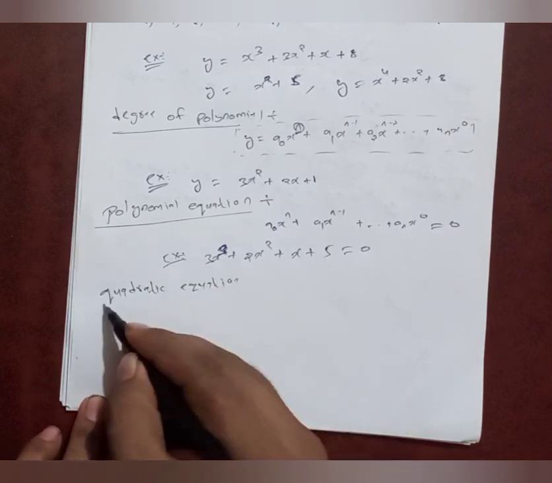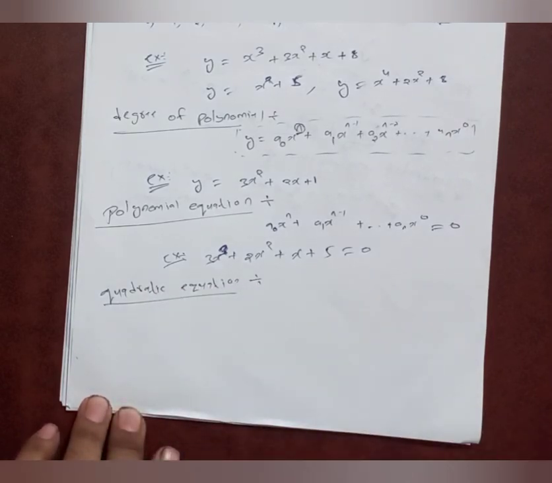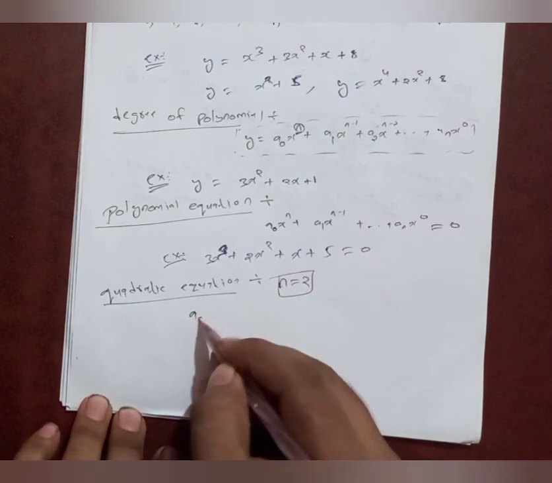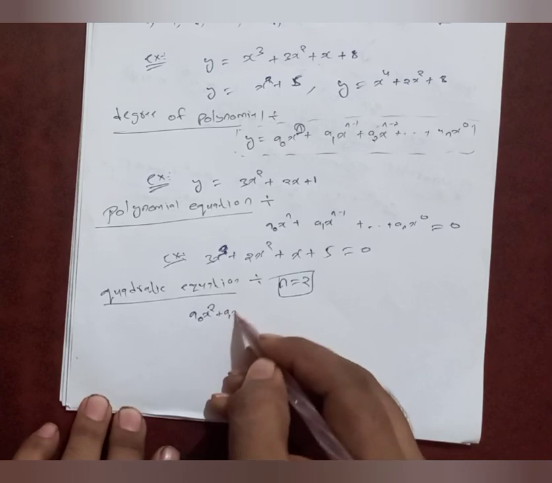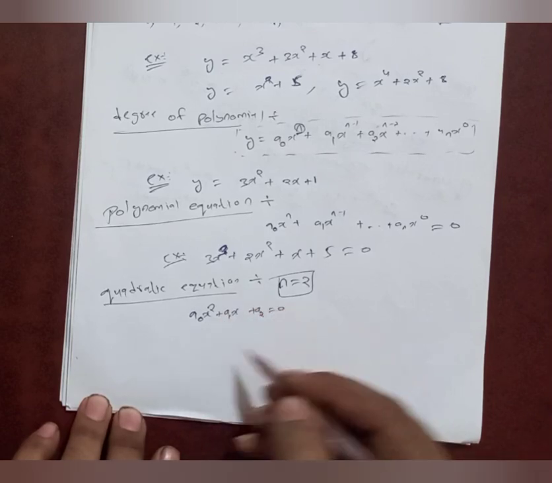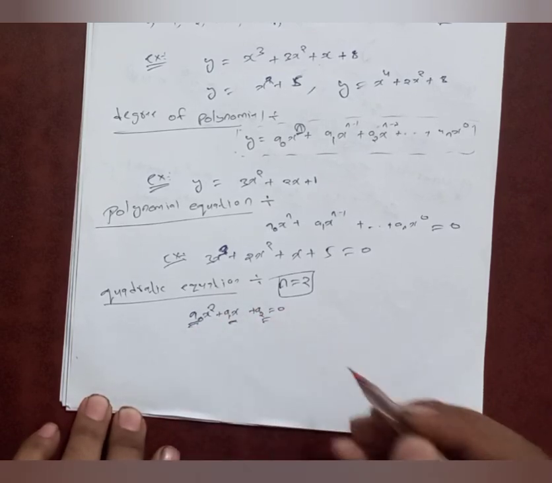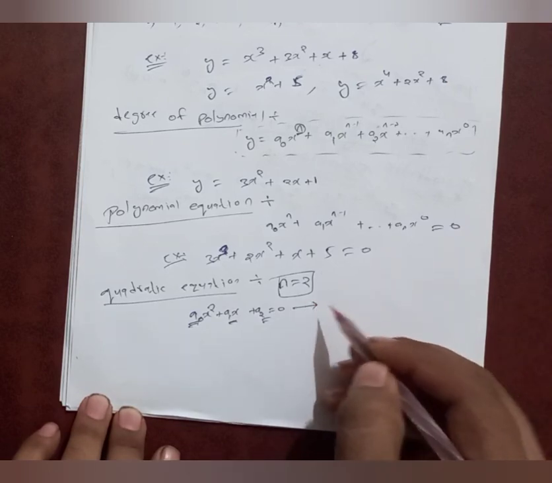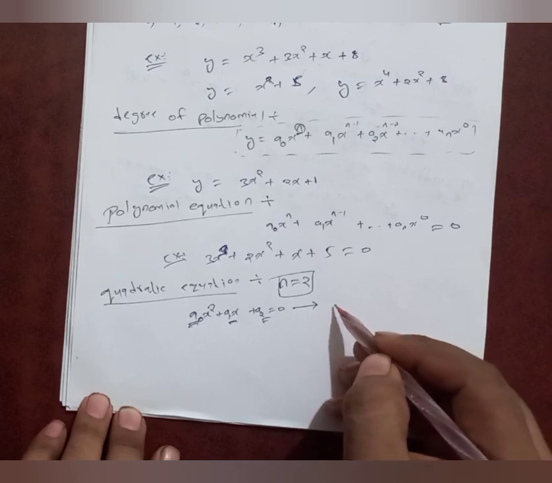Friends, a quadratic equation is nothing but a polynomial equation which has degree 2. That is, a0 x square plus a1 x plus a2 is equal to 0. Here a0, a1 and a2 are constants which we can replace with other constants. I will replace a0, a1, a2